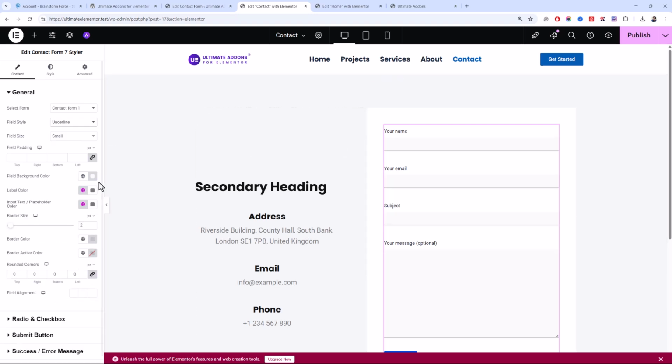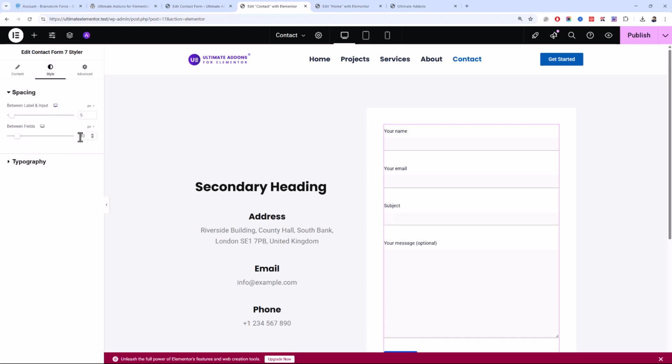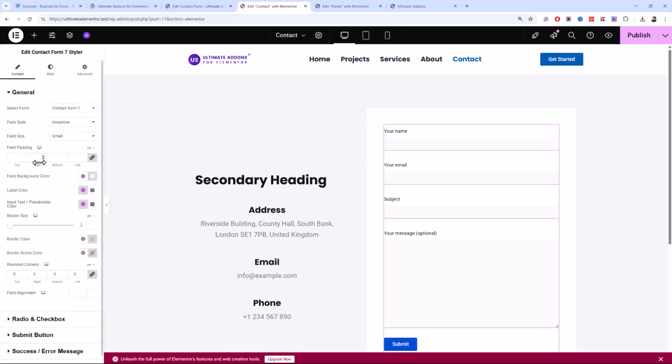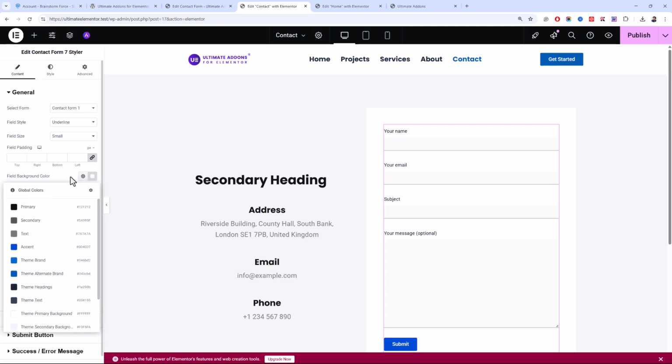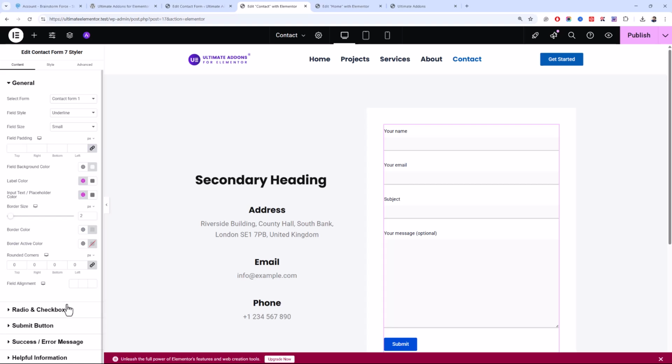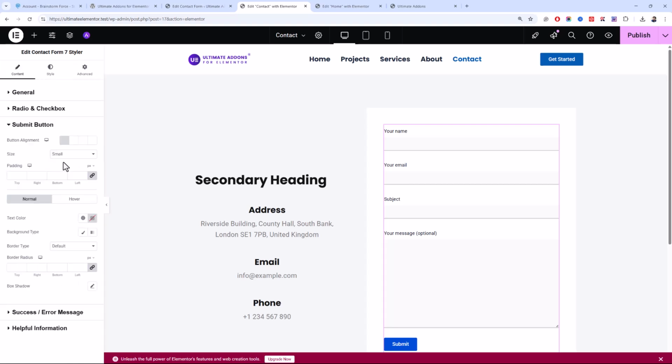and then you can select the field styles to box or underline, and there are a couple of more options like space between fields, and you can style a whole lot of content like background colors, field padding, border size, radio and checkboxes, submit button, and so on, which isn't possible with the default Contact Form 7 plugin.